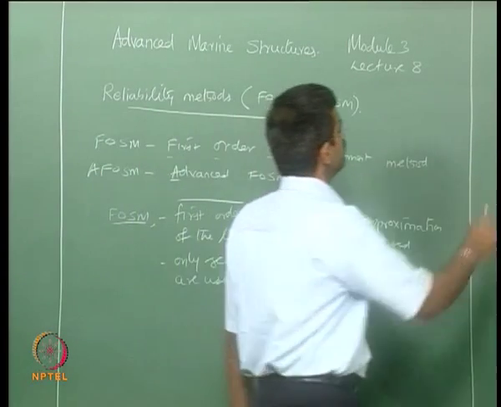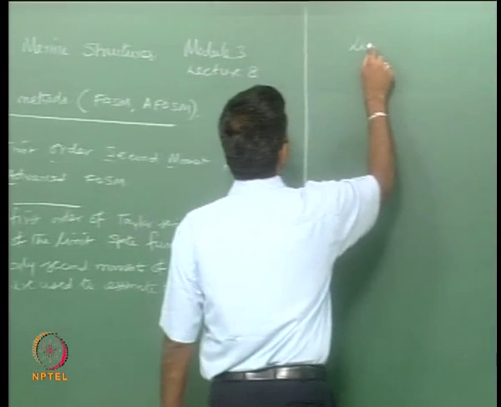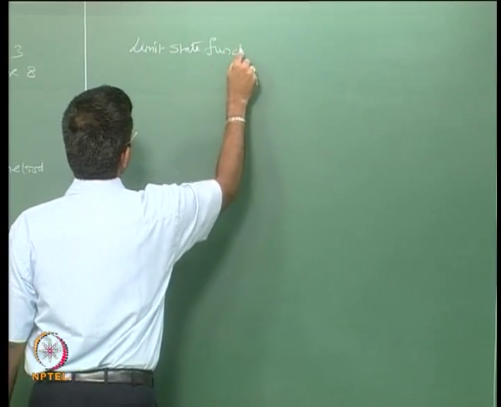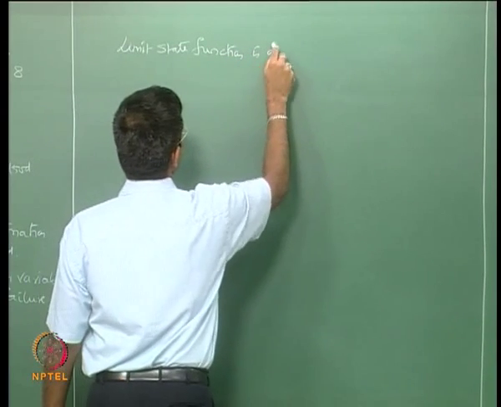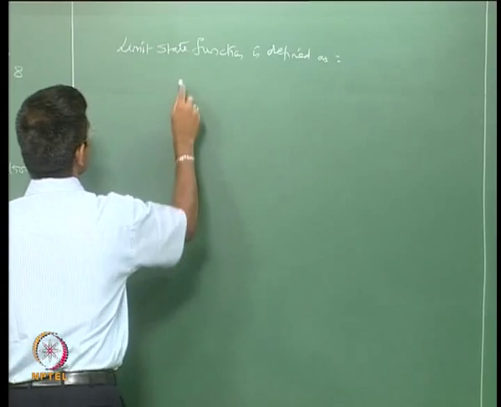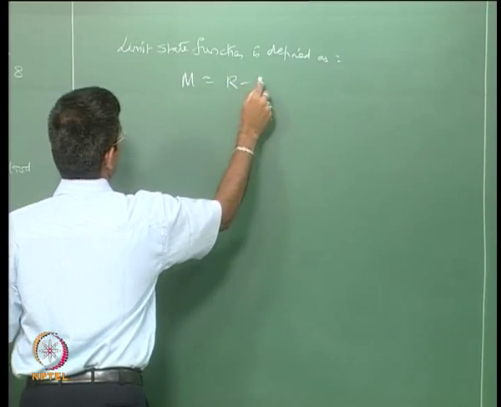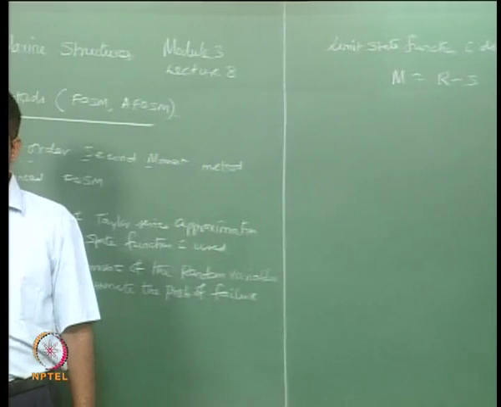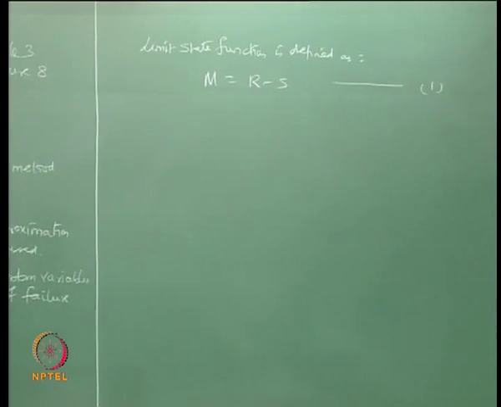Let us say the limit state function is defined as M equal to R minus S, where M is the margin of safety,